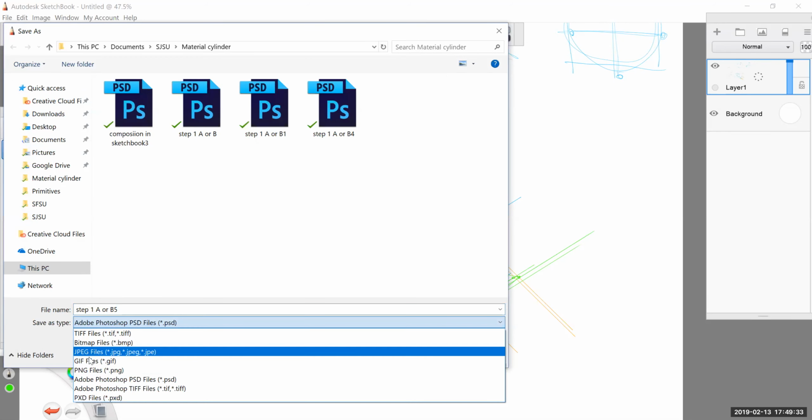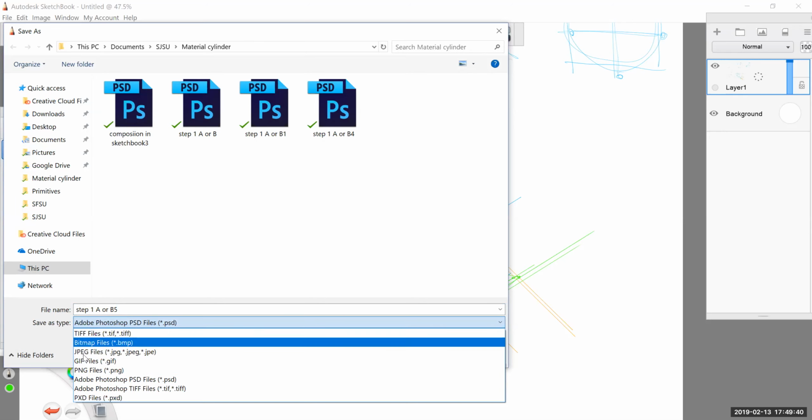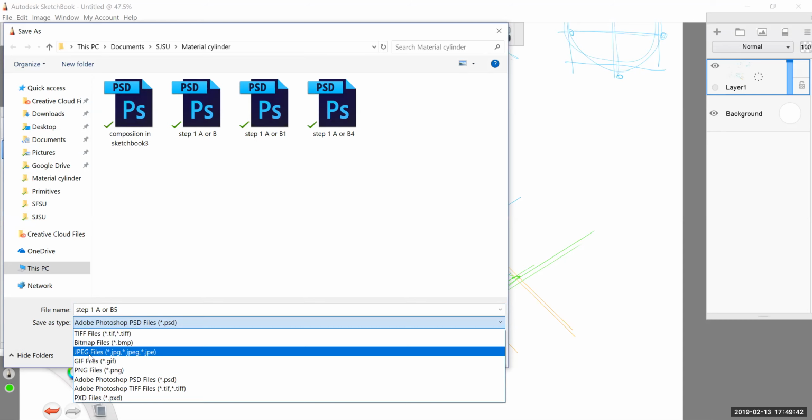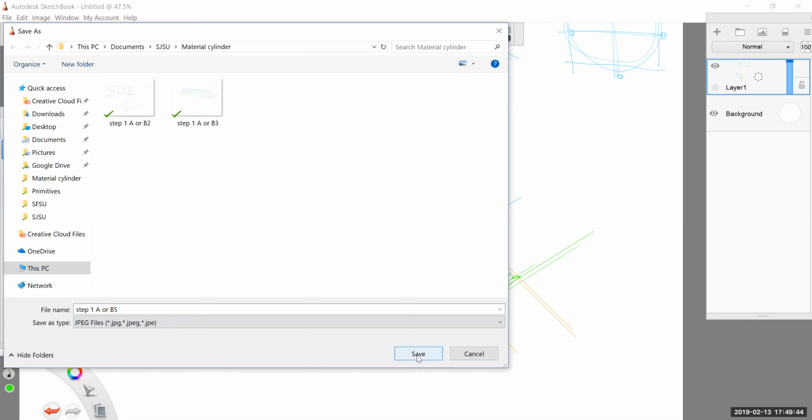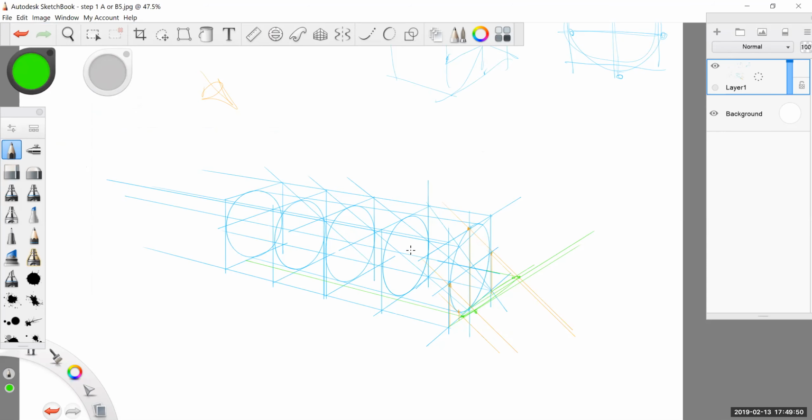I don't like to use PSD files out of Sketchbook Pro. It kind of acts a little wonky sometimes. TIFF seems to be more stable. JPEG does not write layers, and it's a smaller file size. TIFFs are a larger file size, and since this is a template, that's good for me. I like using JPEG to save on memory, not hog up too much on my computer. So now I'm going to